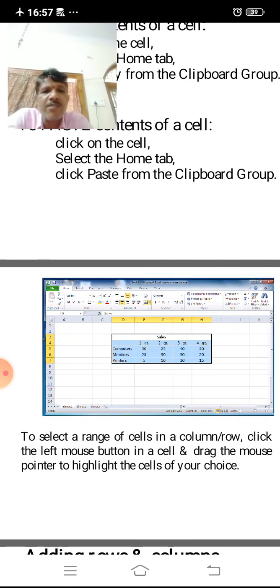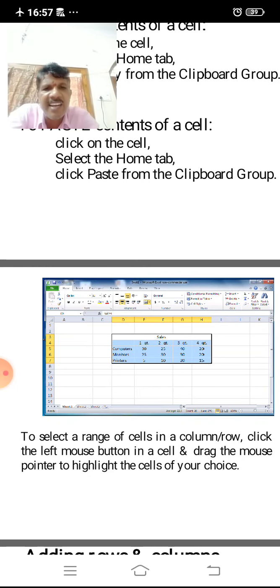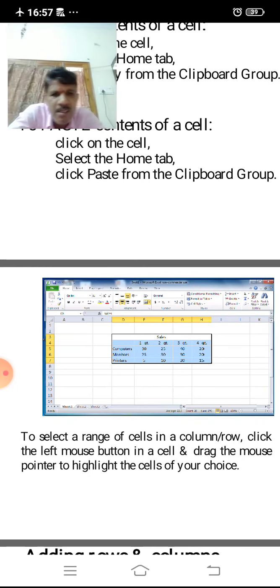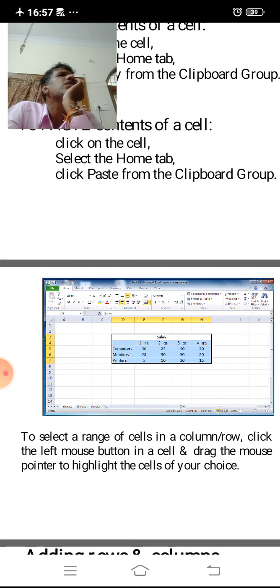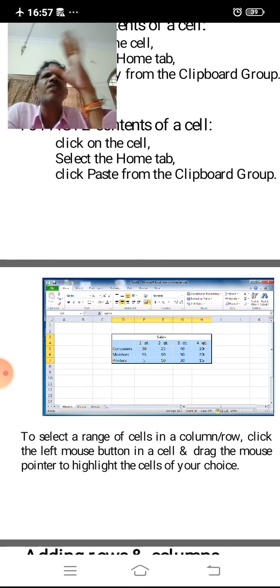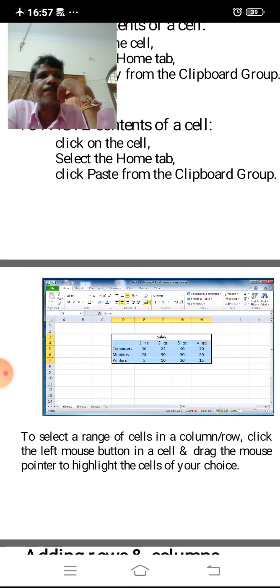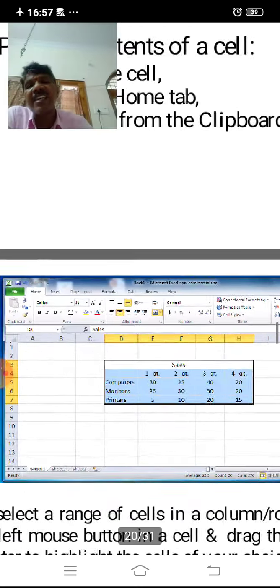Then, to select a range of cells in a column or row, click the left mouse button in a cell and drag the mouse pointer to highlight the cells of your choice. If a particular worksheet needs some of its data moved, an example is given here.